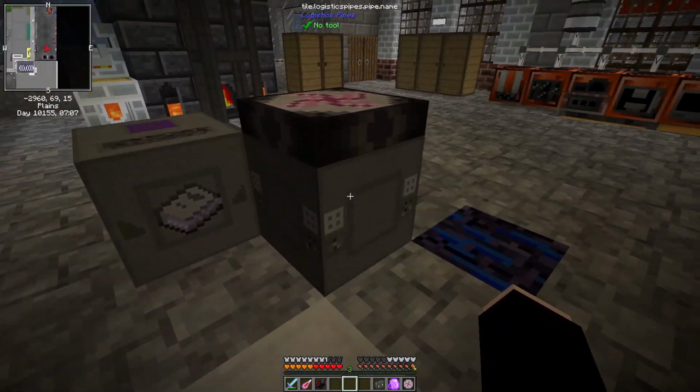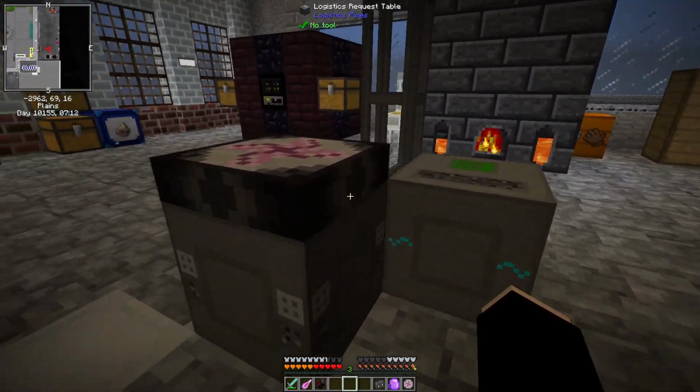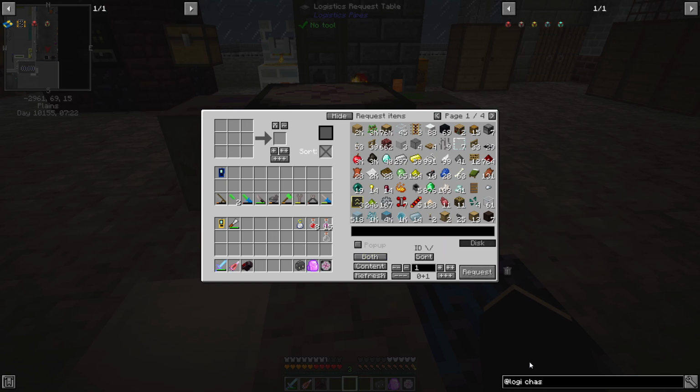So, I've got my request table here, and the power junction, and all of these programs are now compiled and I can flash them whenever I need them. Now,